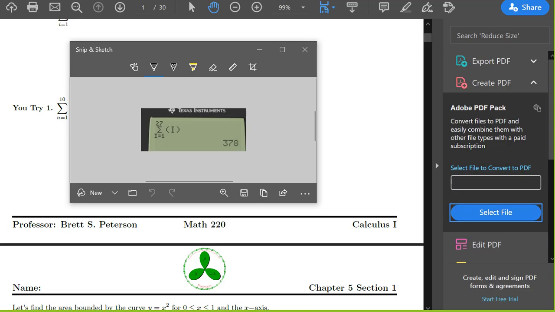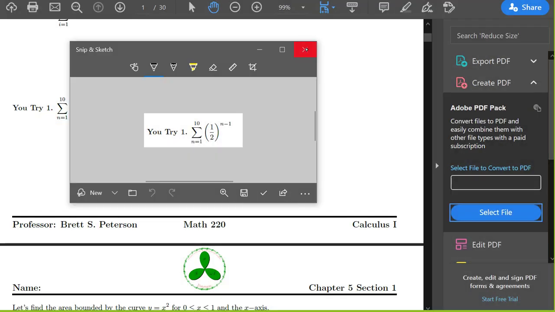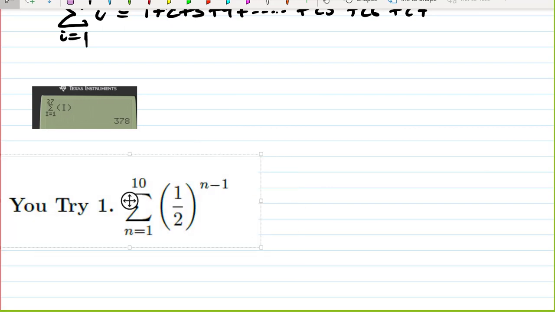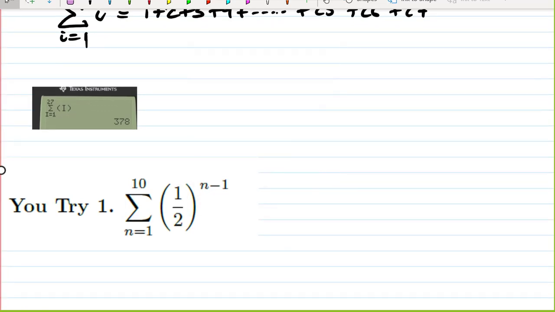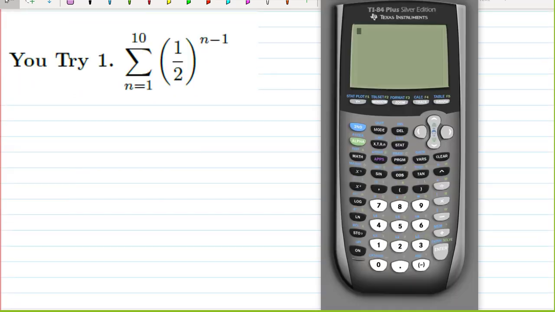So let's go ahead and calculate the sum as n goes from 1 to 10 of 1/2 raised to the n minus 1. When inputting something like this into our calculator, we can't use the parentheses that are put in by the sigma notation. So if we grab our sigma, and the question came up in a couple of the different breakouts,